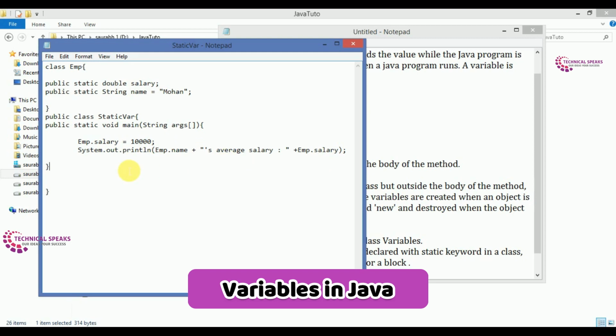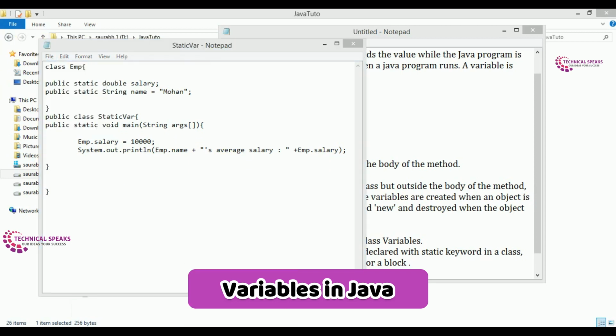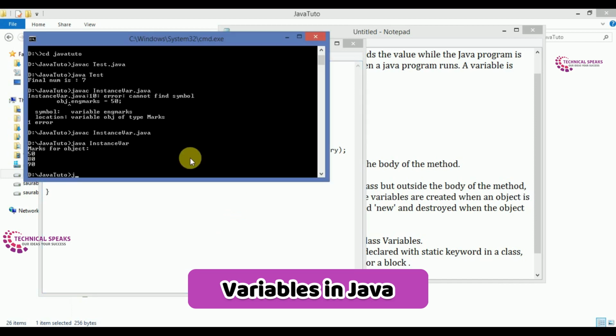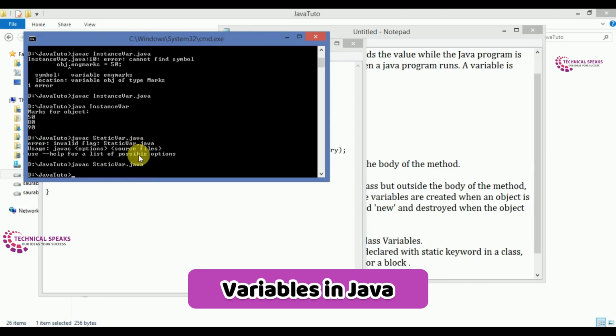So now all set. When we execute the program, like first save it and open command prompt, just do javac, compile it first, javac static var, which is our file name, dot java, and then just simply java static var.